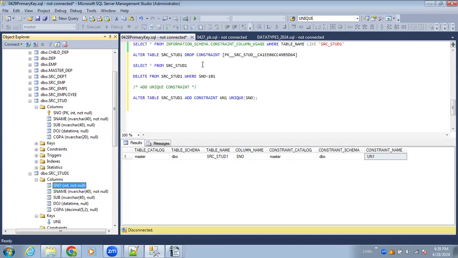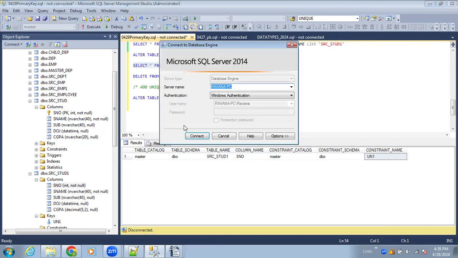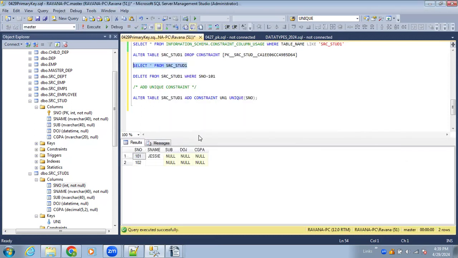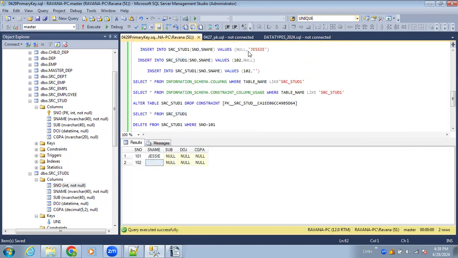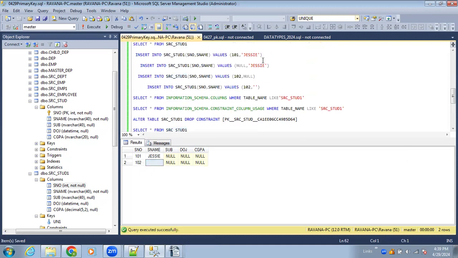Now, what is there in the data? Select star from table one. Let's try to insert more data. 101 and 102 are already there. Let's try to insert the same value again. Okay, 101 only. Insert into,